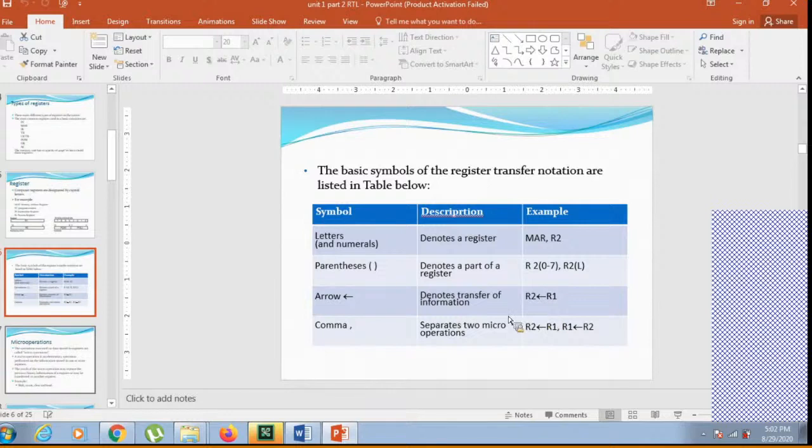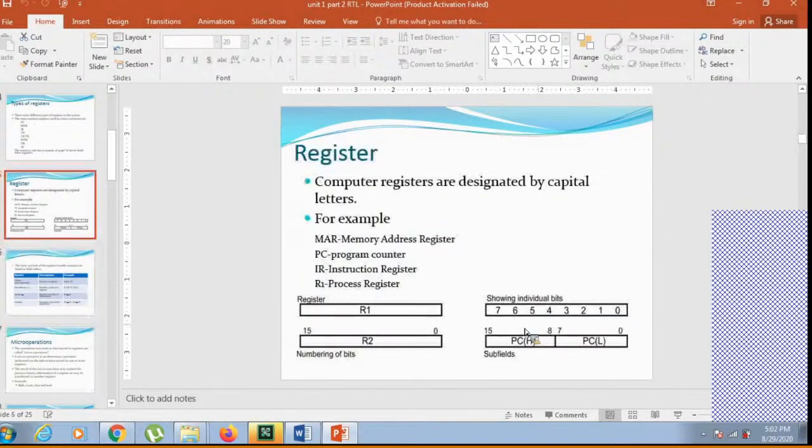And the last way of representing the register is you can also represent the part of a register. When do we use these parts of a register? For what will we use this? All this we'll see in the further units. You need not worry. In this unit we'll just see what a register is and how to represent the register,